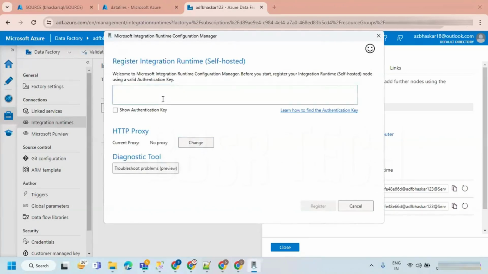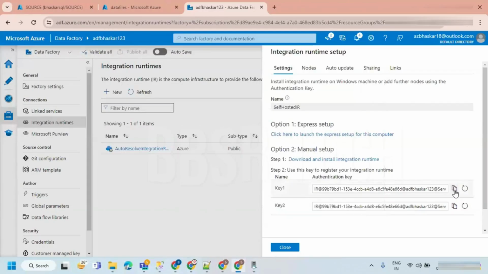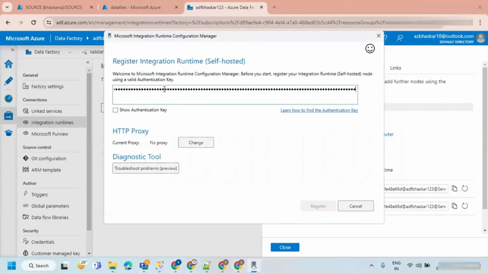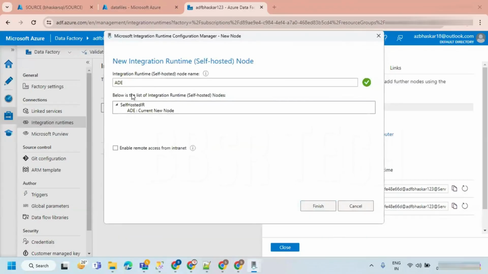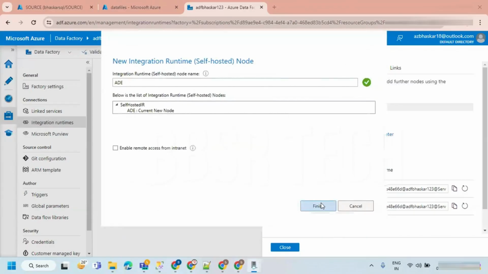Once it is finished, it is going to open. Here we need to authenticate; you have to register your key. Let's go to the Data Factory, copy this key, go here and paste it. Let's register the key, and now it is registered. Hit finish.